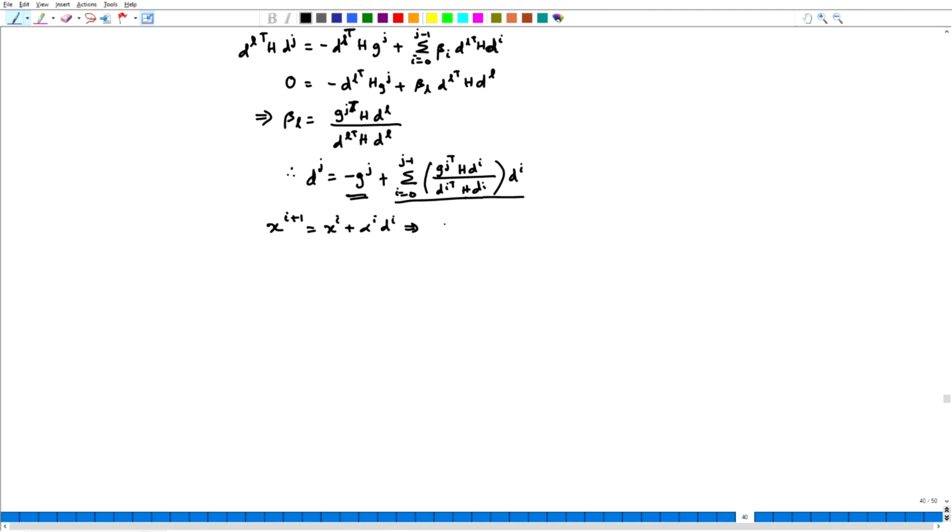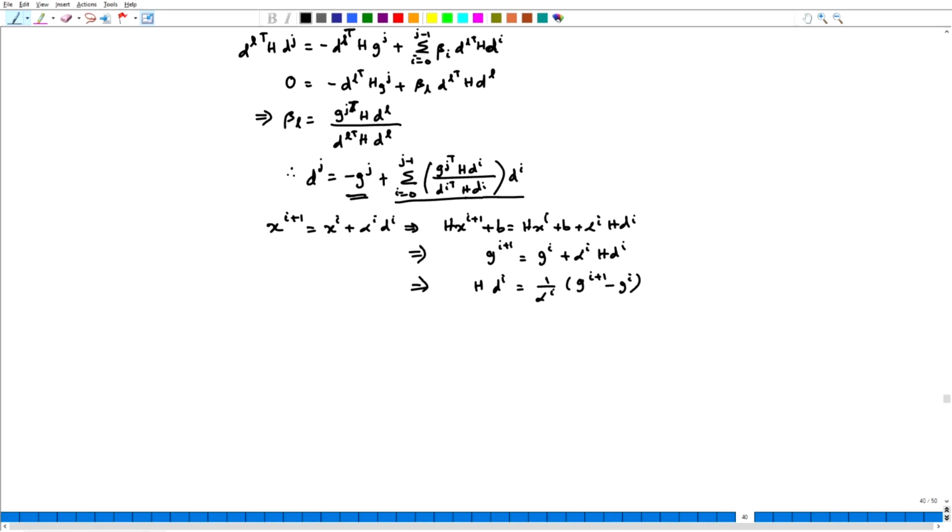So, that means H x I plus 1 plus b equals H x I plus b plus alpha I H d I, right. So, this is nothing but g I plus 1 and this is g I, and here you have alpha I H d I. So, what this tells us is H d I is 1 by alpha I into g I plus 1 minus g I,